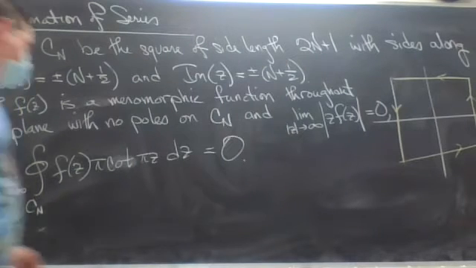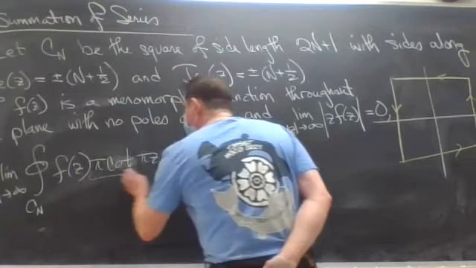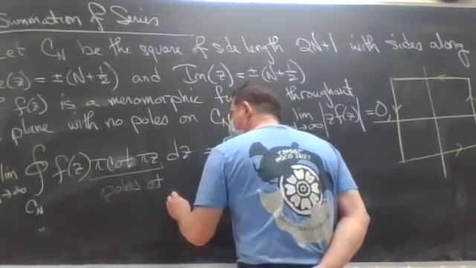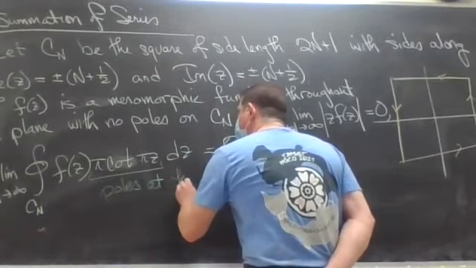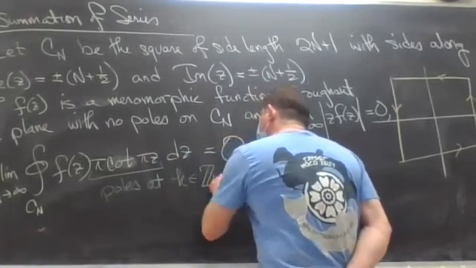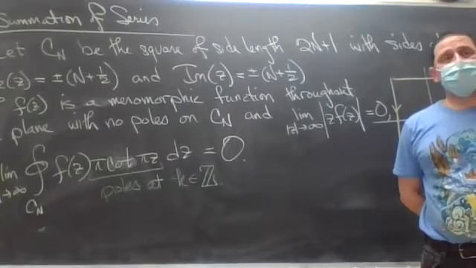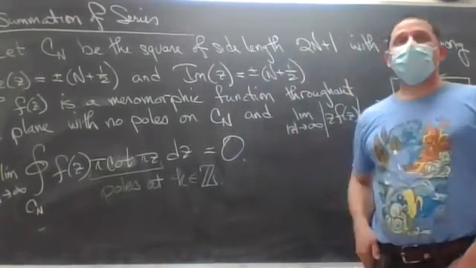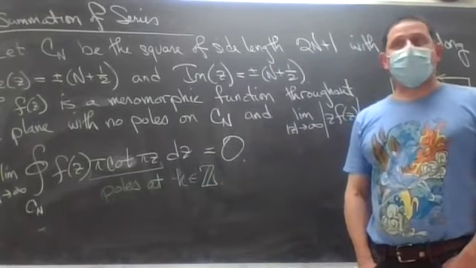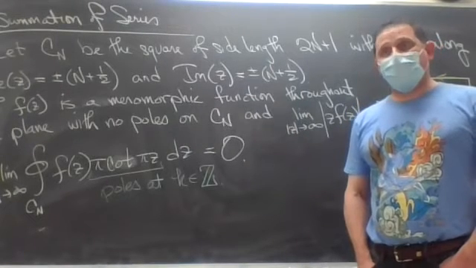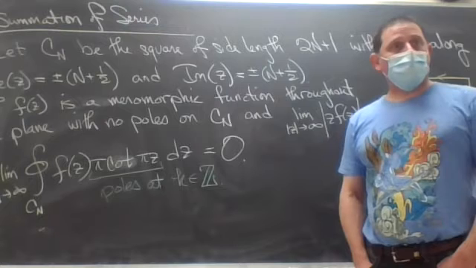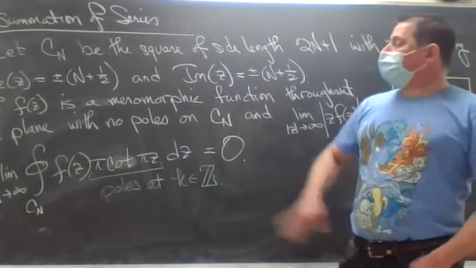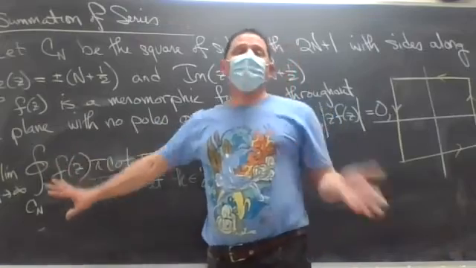So the cotangent function has poles at all integer values of z. Okay? That's because it's cosine divided by sine, and the sine of pi k is equal to 0 when k is an integer. The fact that this integral is equal to 0, which, by the way, we're not going to show,